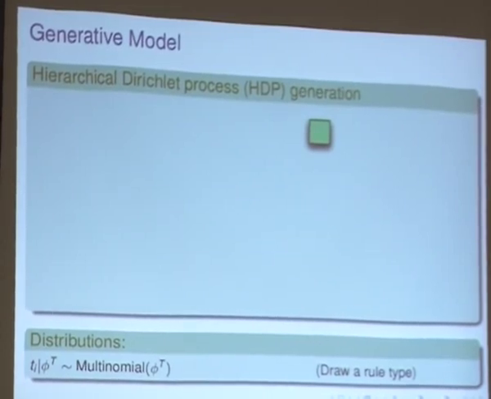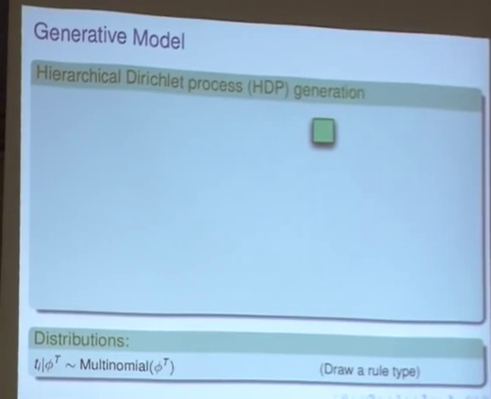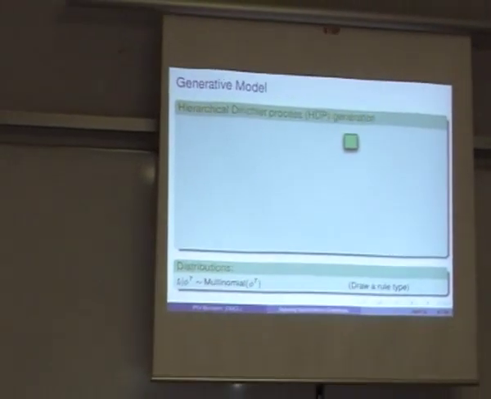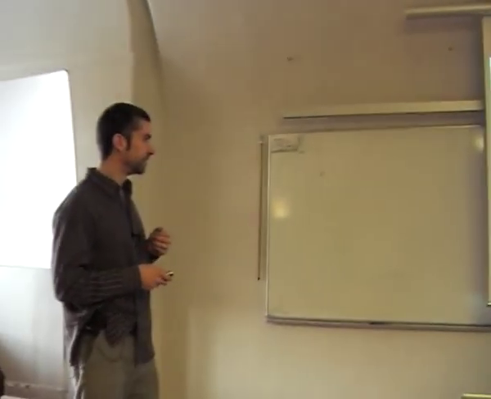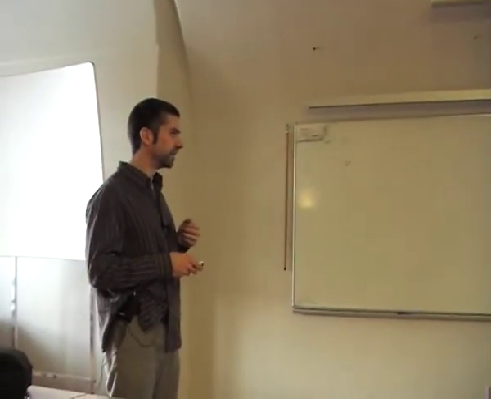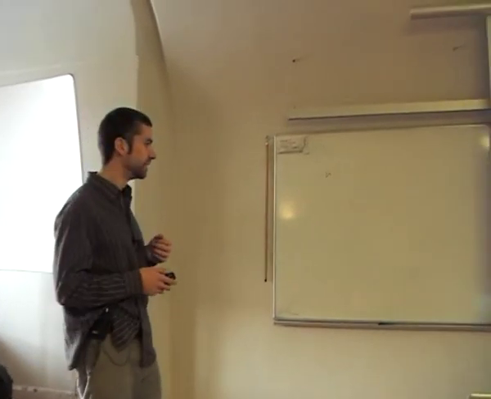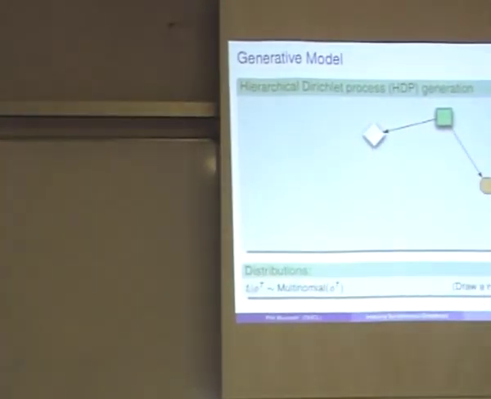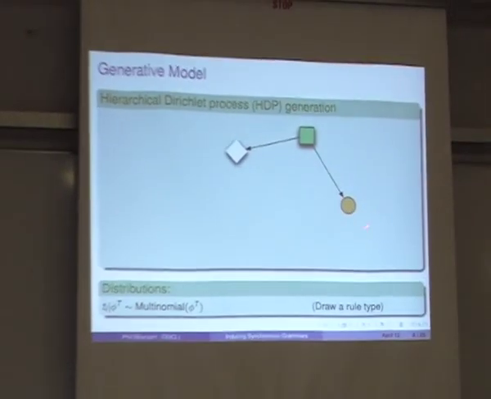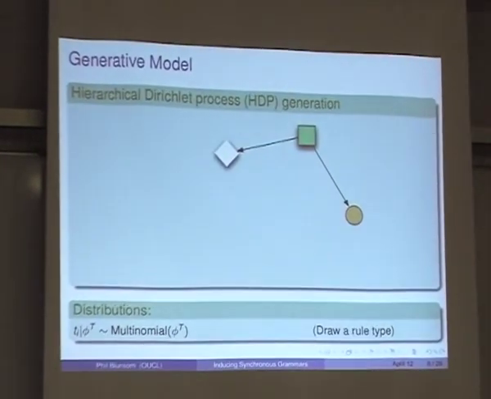So we're going to choose what sort of node this should be, and we've chosen a square. That means it's going to be a monotone translation node. So now we know we have some children that we need to fill in. So we're going to choose the actual rule for this. Sorry, I'm one step ahead.